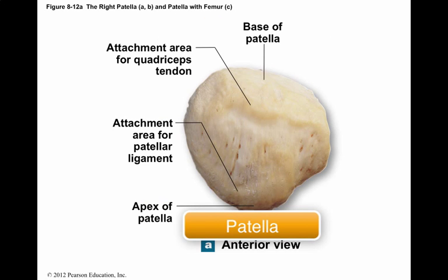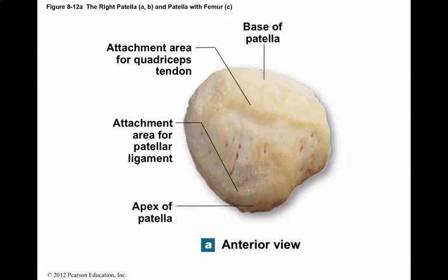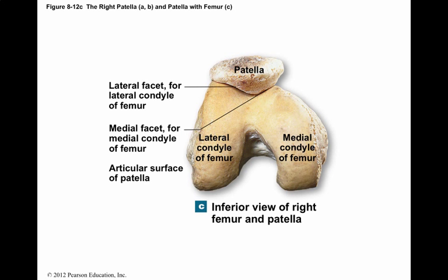The patella is a large sesamoid bone that forms within the tendon of the quadriceps femoris. The quadriceps femoris is a group of muscles that extend or straighten the knee and are found on the anterior thigh. Here we see an inferior view of the right femur, and the patella would glide superior and inferior on the femur. Runner's knee or patellofemoral stress syndrome develops from improper tracking of the patella across the patellar surface, which results in swelling and tenderness after exercise.